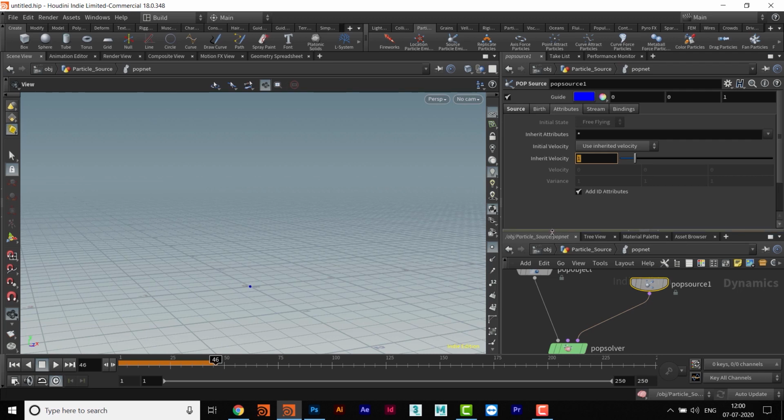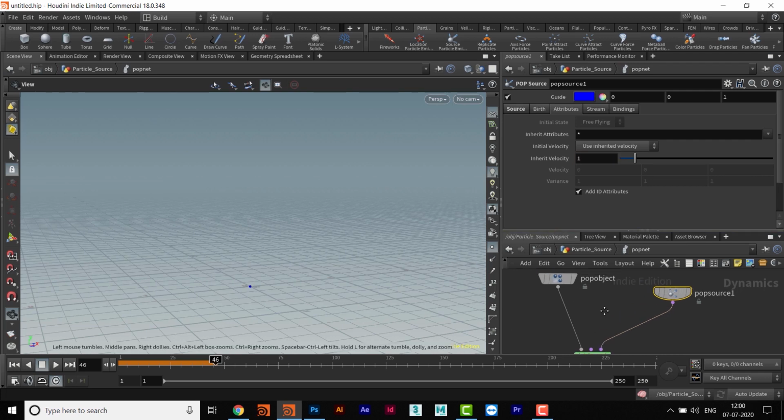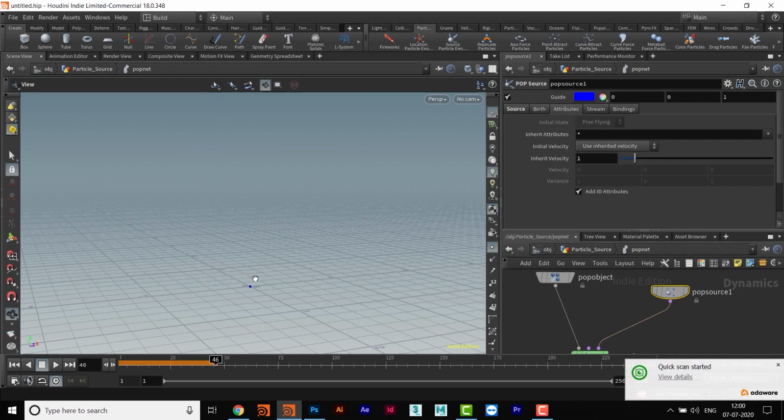That means whatever velocity you are inheriting from the source node, if any velocity was given to the particles, to the points, then we can use that velocity here. And if it is not given, even then we are fine.